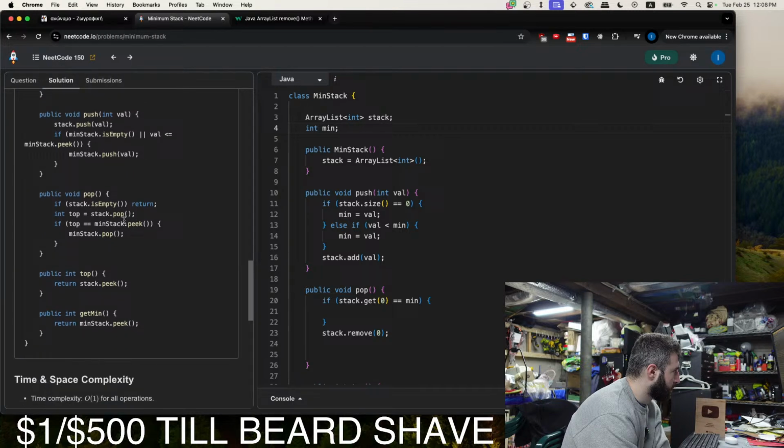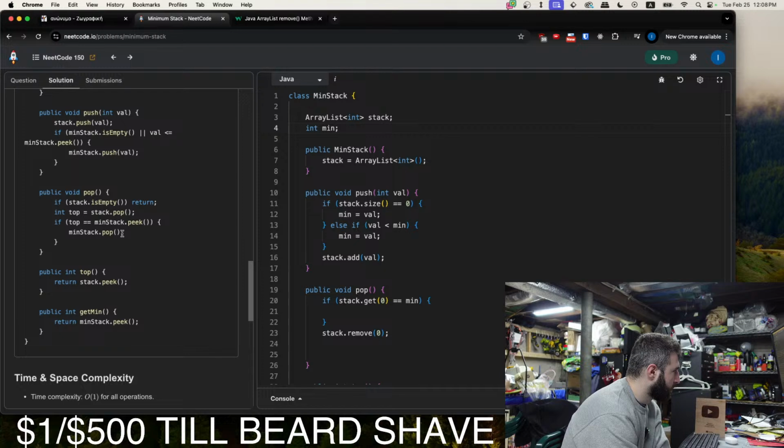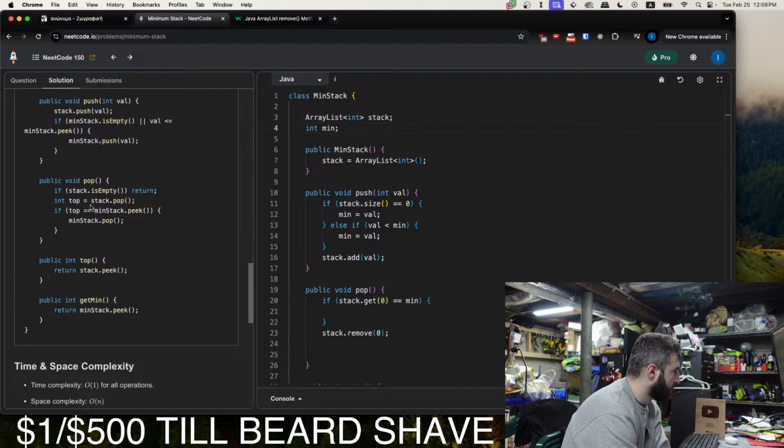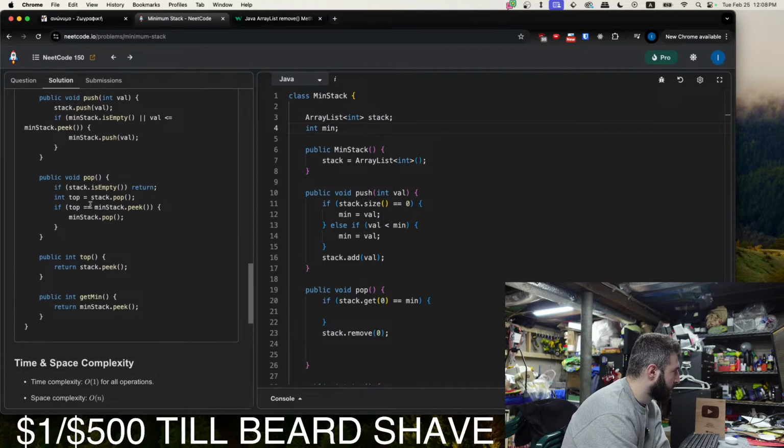All right, pop. If stack is empty, return. int top equals stack.pop. So we pop.